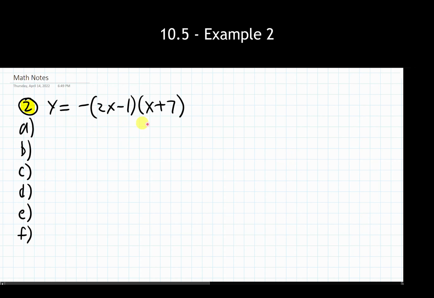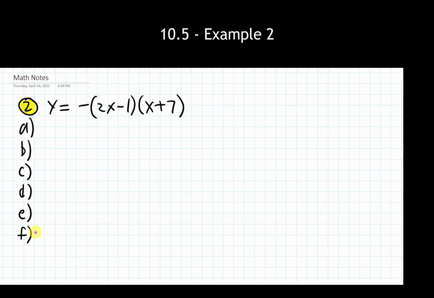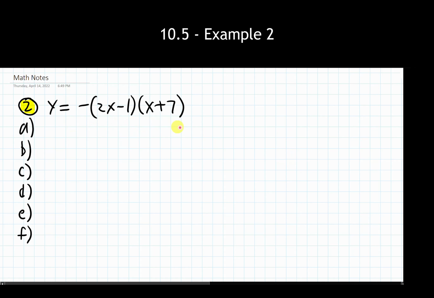Sometimes the way the problem or the equation is presented to us means, hey, it actually could be easier to start with calculating part D, or part A, or part F accordingly. So just going to note that because we're going to jump around a little bit with the different things that we're solving for based on the information given to us. So currently, this quadratic equation is factored for us. It's something times something else.